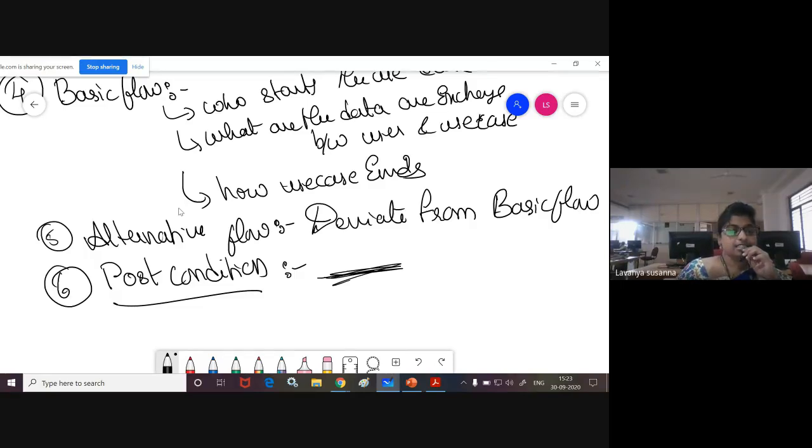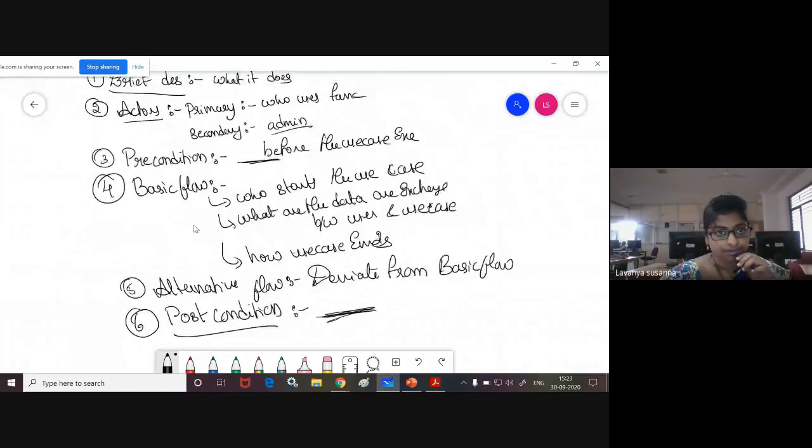If there is some condition to be met or executed, that condition you need to specify. The name itself says it: post means after the use case is executed. If any condition is to be met, you need to specify that condition. Now let us see with an example. I hope you understood.